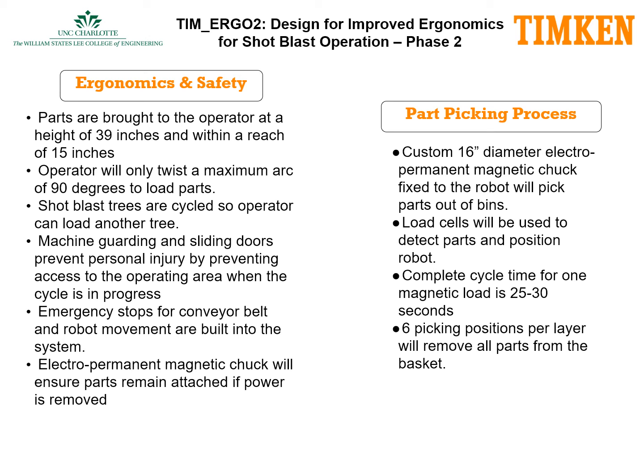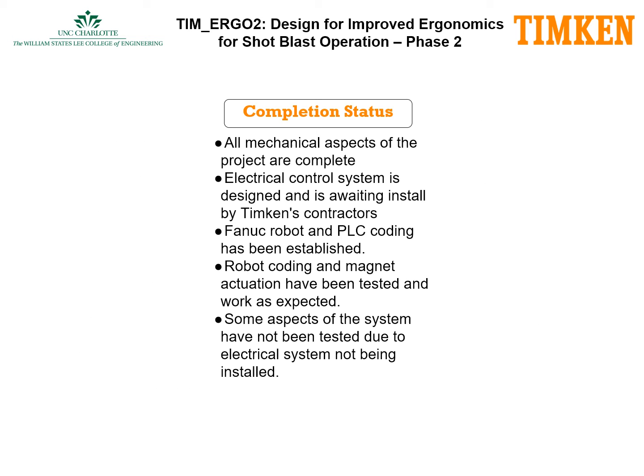The part picking process will utilize the FANUC robotic arm, an electromagnet, load cells, and a PLC in order to move parts from the heat treatment basket onto the drop table, so that parts may be presented to the operators at an ergonomic height. The mechanical components of the project, such as conveyors, machine guarding, and cart positioning constraints, have